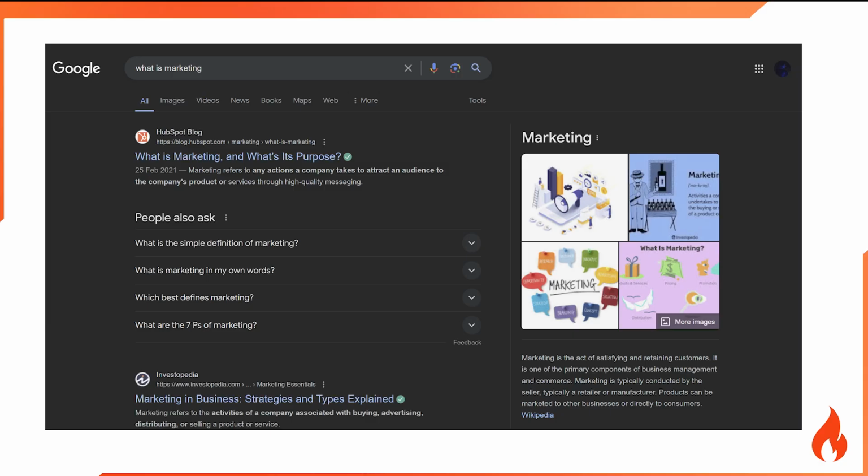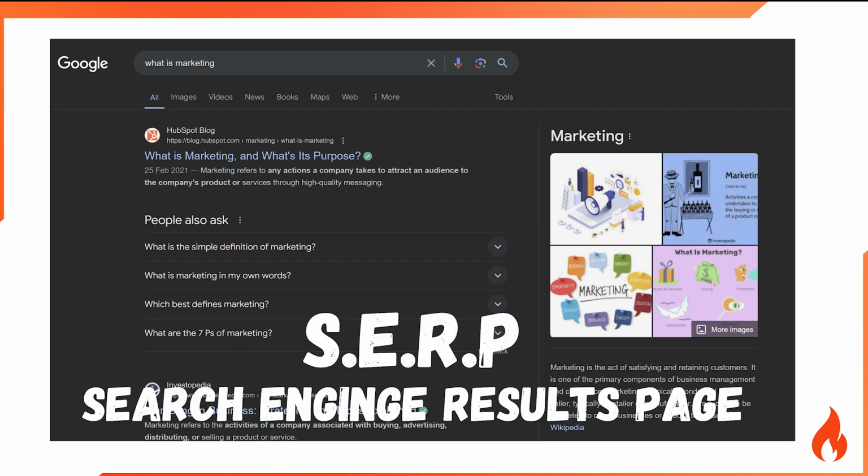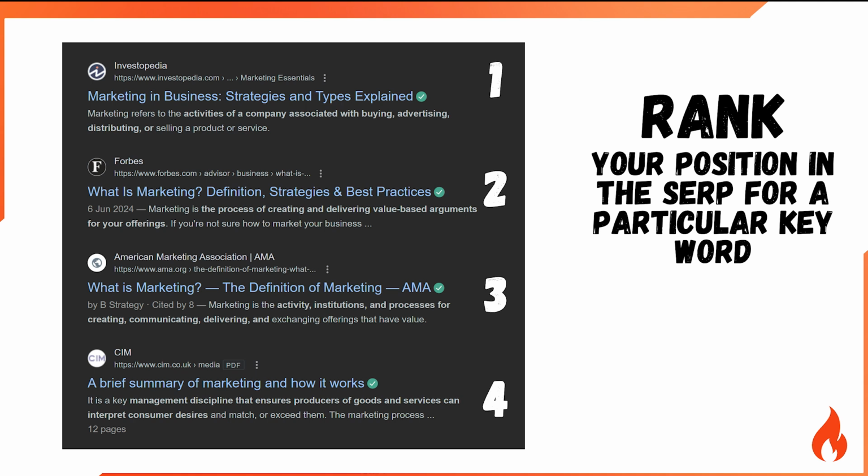And this page here, when you type in that keyword, is abbreviated to SERP, which is just a search engine results page. I'm telling you some terminology with this, because you might hear someone saying stuff like, "Oh, we rank for X keyword, we rank for XYZ." But rank basically just means your position, that you show up for a certain keyword.